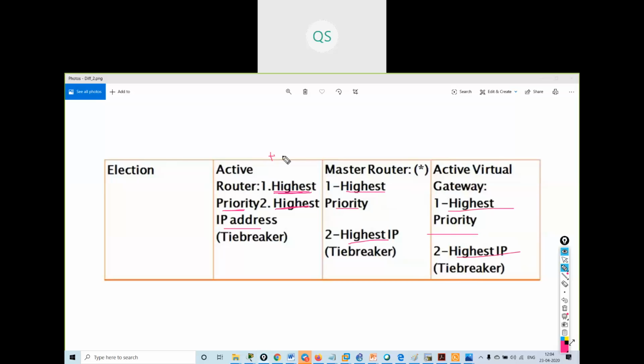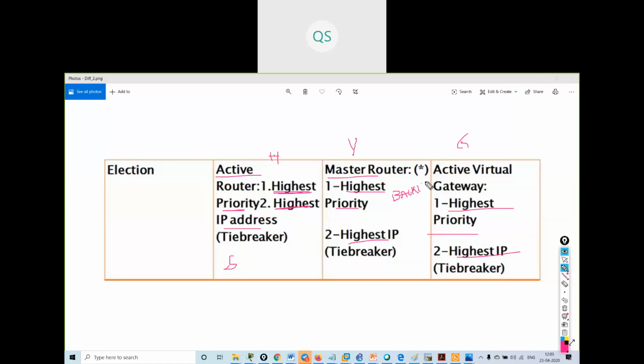This is HSRP, this is VRRP, and this is GLBP. Here we will have active and standby, but in VRRP the concept name will change: they will be master and backup.